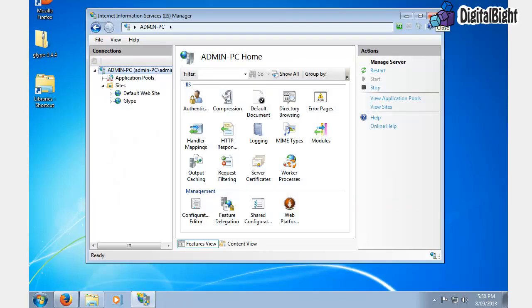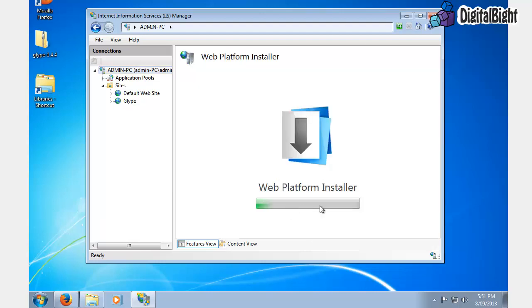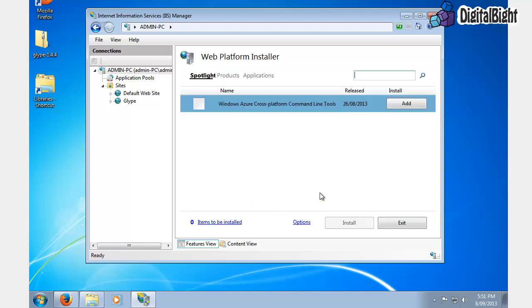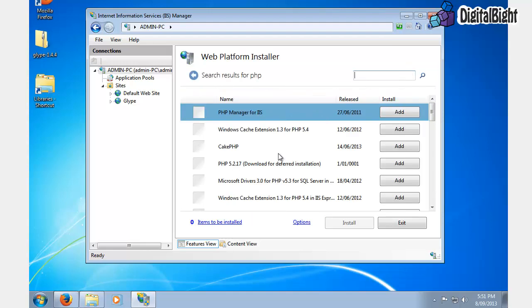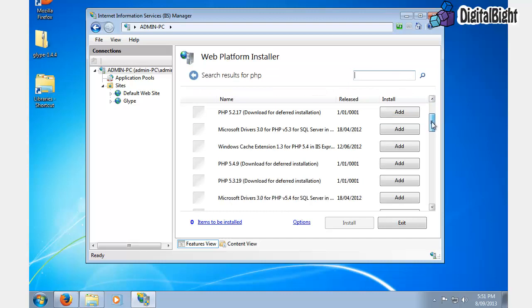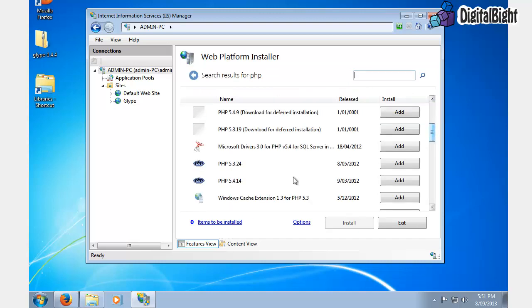So now with the Web Platform Installer installed, we want to go to our home page for our Internet Information Services Manager, and on the management page here, it's got the Microsoft Web Platform Installer. Double click on that, and here in the search field we want to type in PHP, and now we want to scroll down until we can find PHP